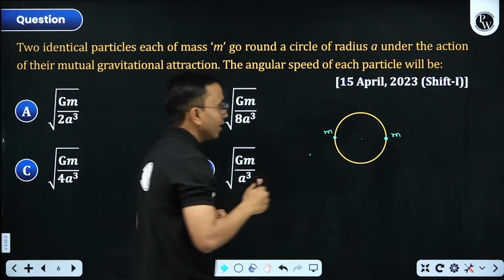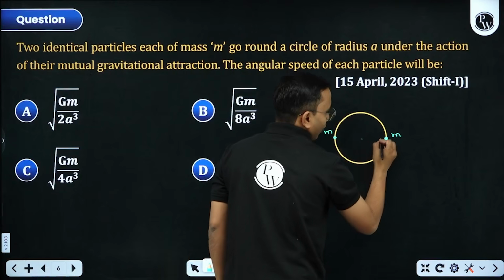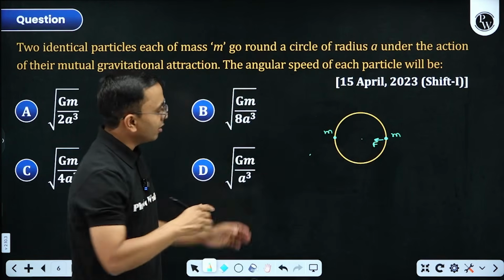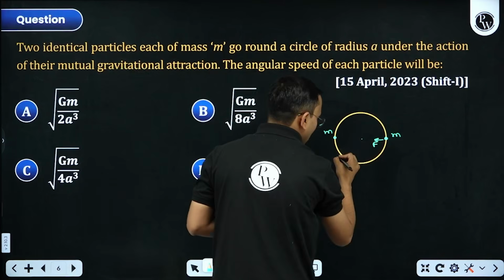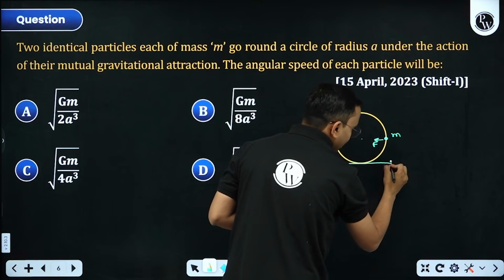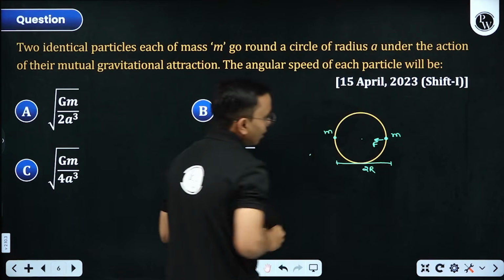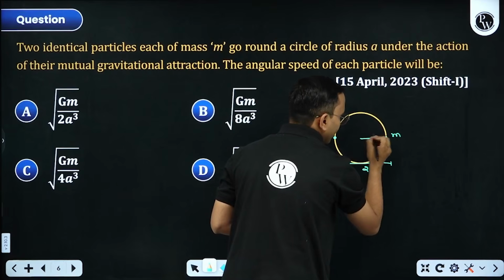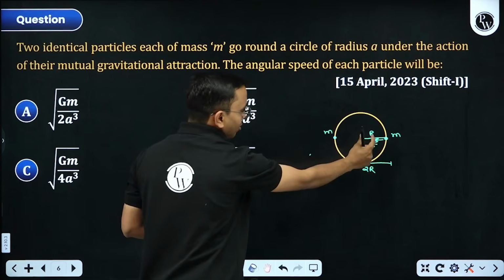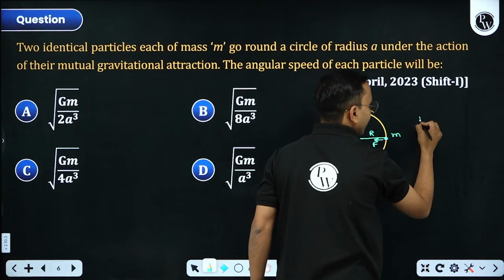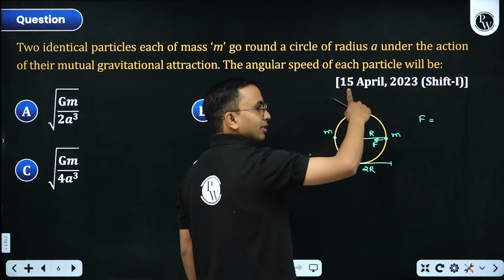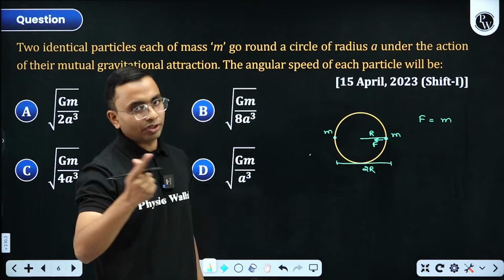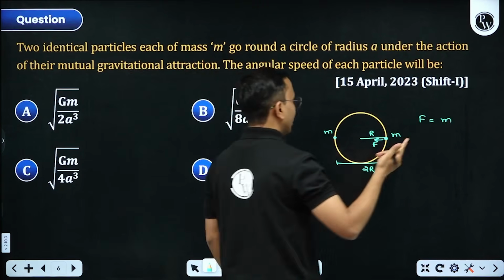No. Okay. Now here we see what will be the force on this? F will be G m square divided by the separation square. Let us take here radius is r, so the separation between the two masses is 2r, and they are moving in a circle of radius r. From here to here, this radius is r. So on this mass, this force F is equal to mass m into centripetal acceleration, as these are moving in a circle. Centripetal acceleration is v square by r or omega square r. Let us put omega square r.